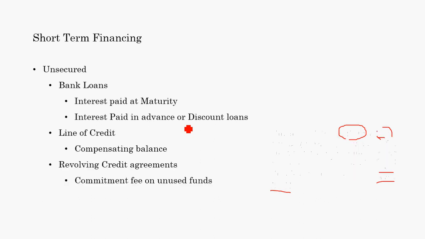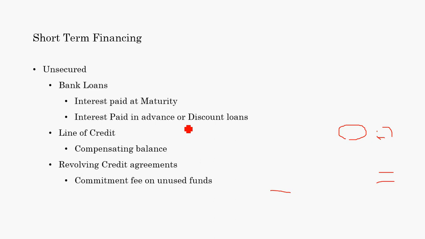The third type is what we call revolving credit agreements. Revolving credit agreements are similar to the line of credit. The major difference is that the bank guarantees the amount that has been accepted for the company to borrow. For example, if the credit agreement is for 4 lakhs, the bank will ensure that at any point in time, irrespective of whether the bank has enough funds or not, it will lend